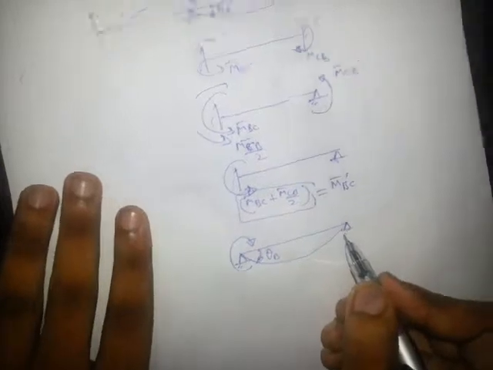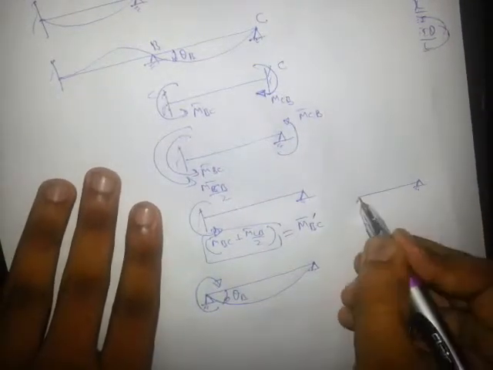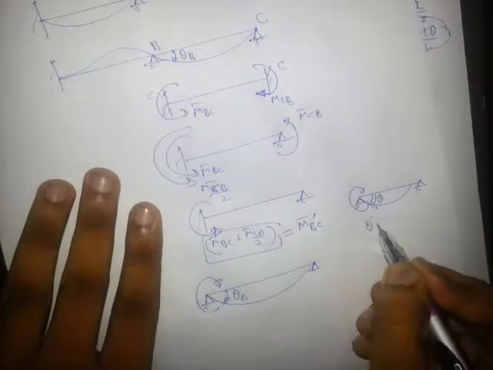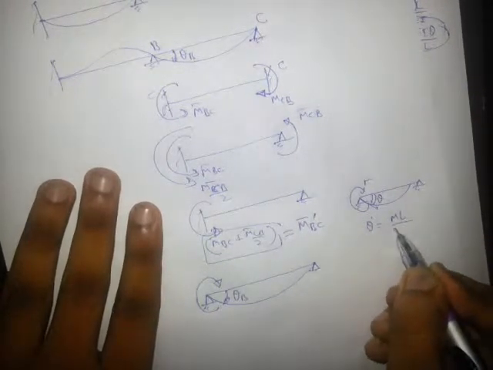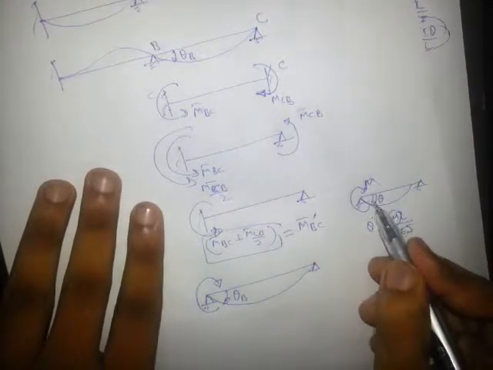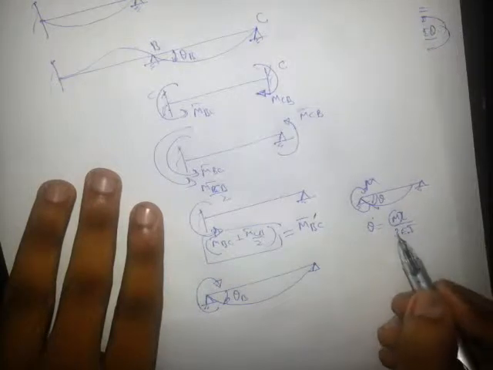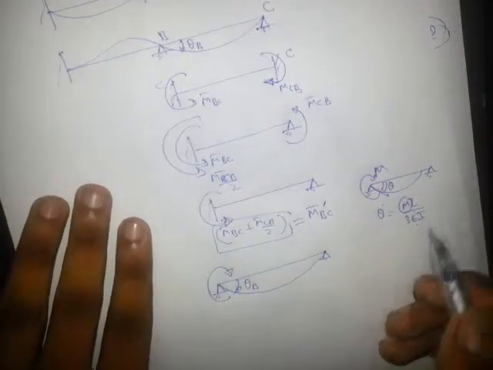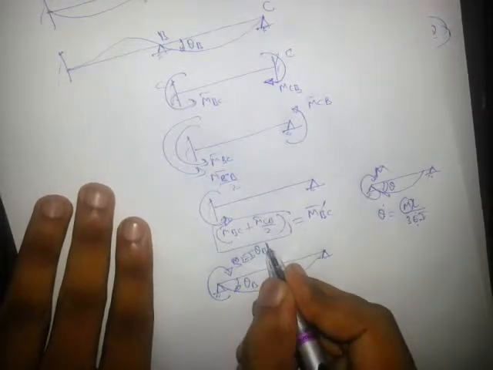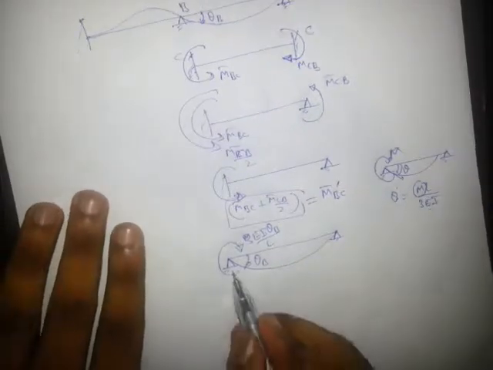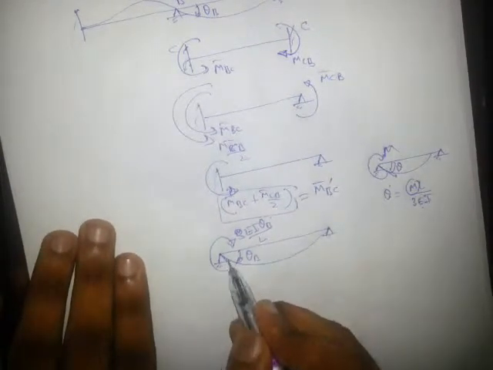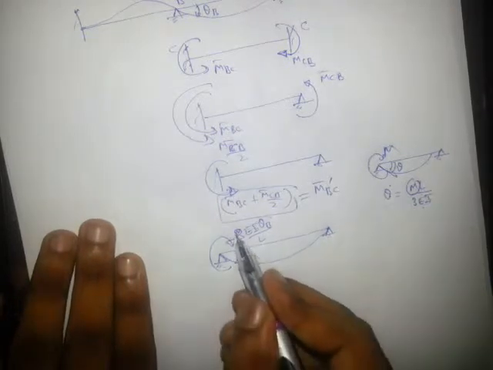Since the far end is hinge, for example, if this is moment m, how much will be the value of theta? You will say theta equal to ml upon 3 EI, means m will be 3 EI theta divided by l. So it will be 3 EI theta B divided by l, right? And no transfer here because it is hinge, and no effect of this because it is purely hinge. So this is the final answer.